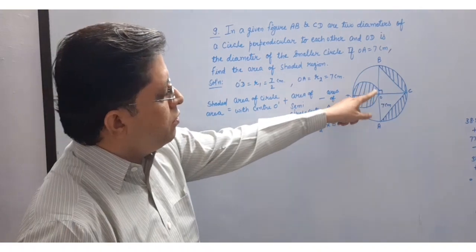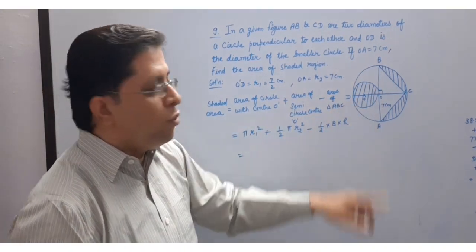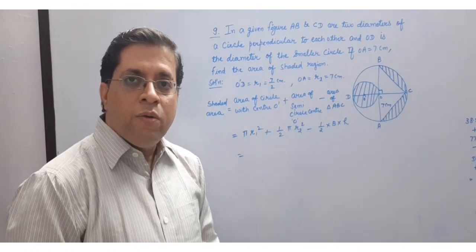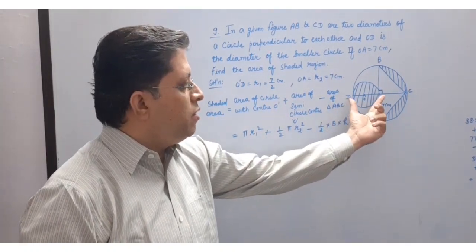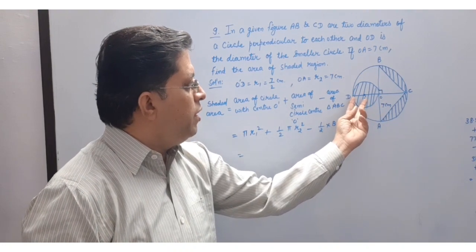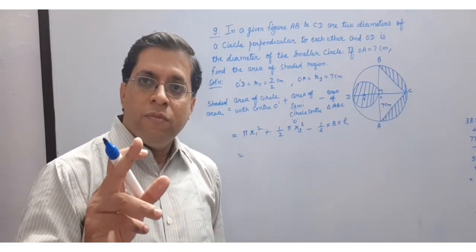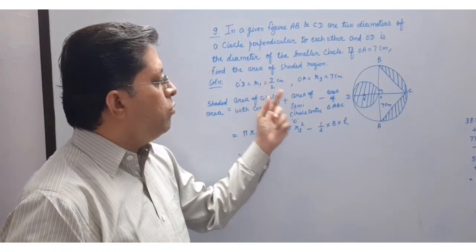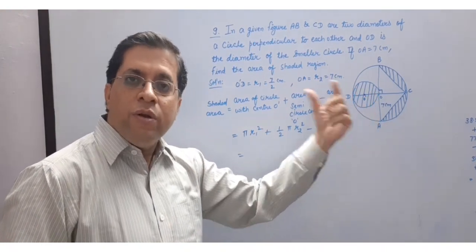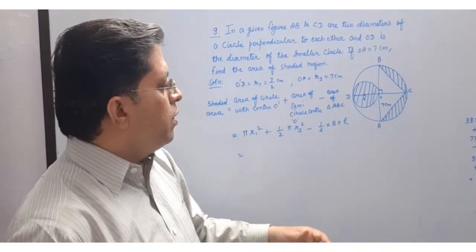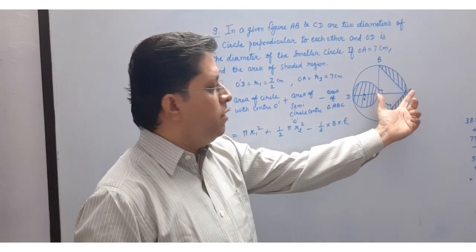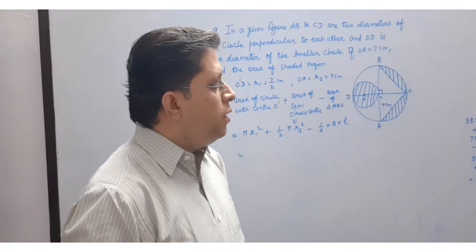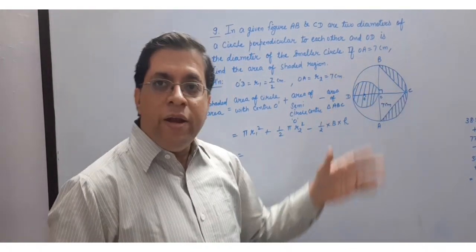Okay. Let the smaller circle center be O dash and bigger circle center be O. This diameter is given 7 centimeter. Then what will be the radius O dash D? Let us assume it is R1. This is 7 upon 2 because total diameter is given to you. And here this is again 7 centimeter. OC 7, OA 7, OB 7. Then we have to find the shaded area of this figure.